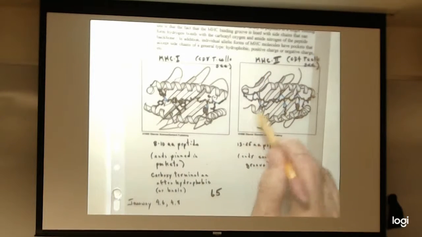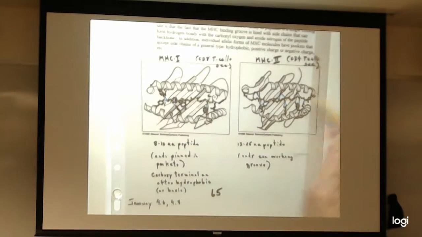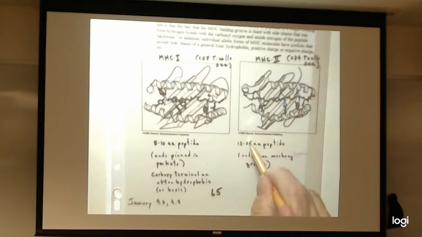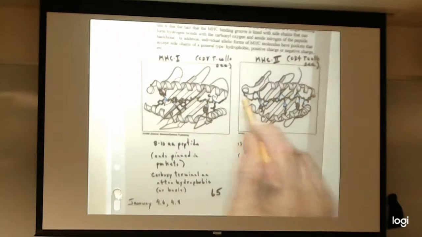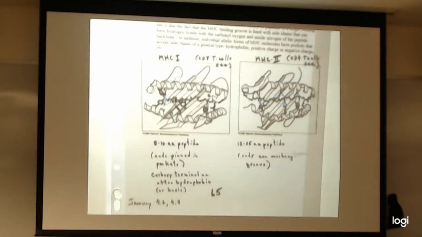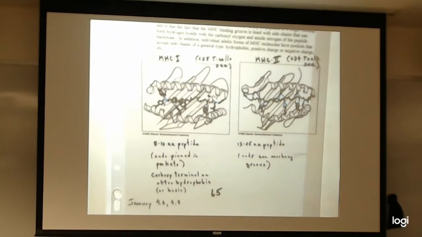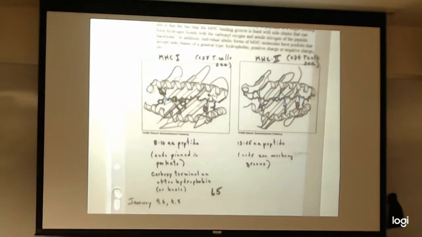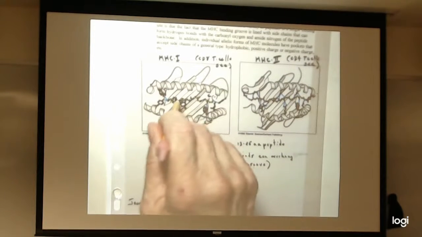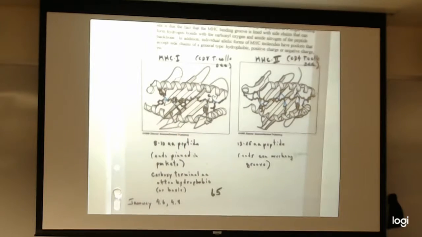For the class 2 molecules, we can extend outside the little Happy Valley structure, so you can have anywhere up to 25 amino acid peptides. The amino terminal and carboxyl terminal ends, one can be long, one can be short, they could both be kind of long, they're just waving free on either end of the Happy Valley structure. So that gives class 2 molecules a better chance of there being a peptide that they can bind and present. For the class 1 molecules, there's a restriction here. The peptide has to be 8 to 10 amino acids.